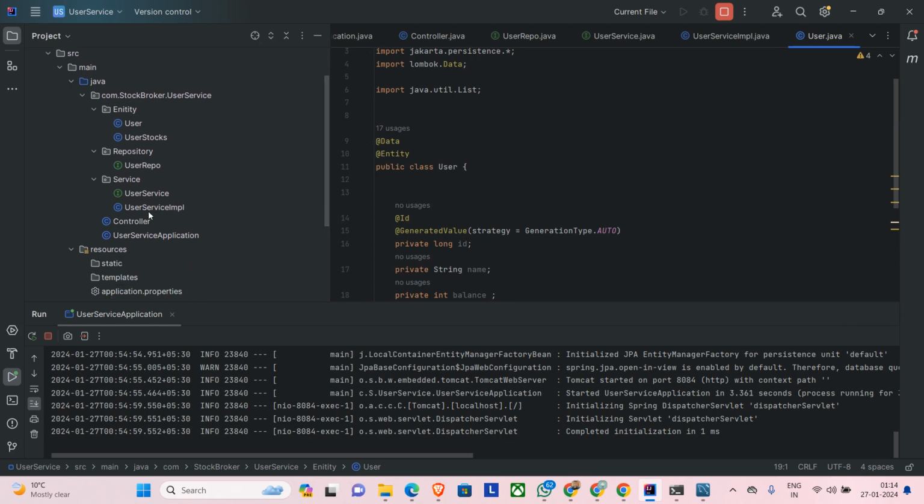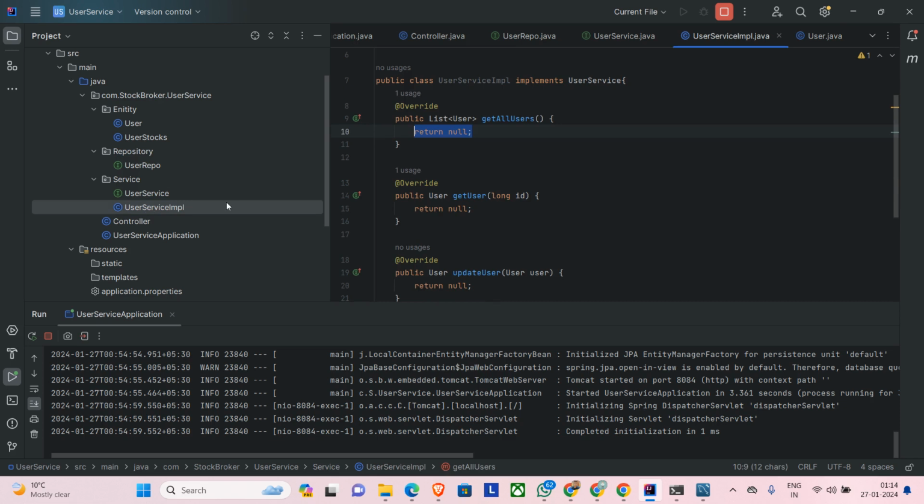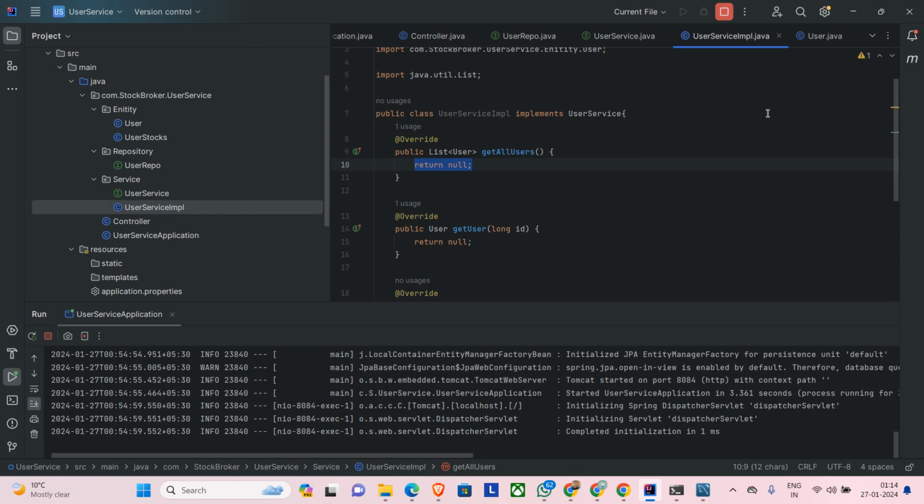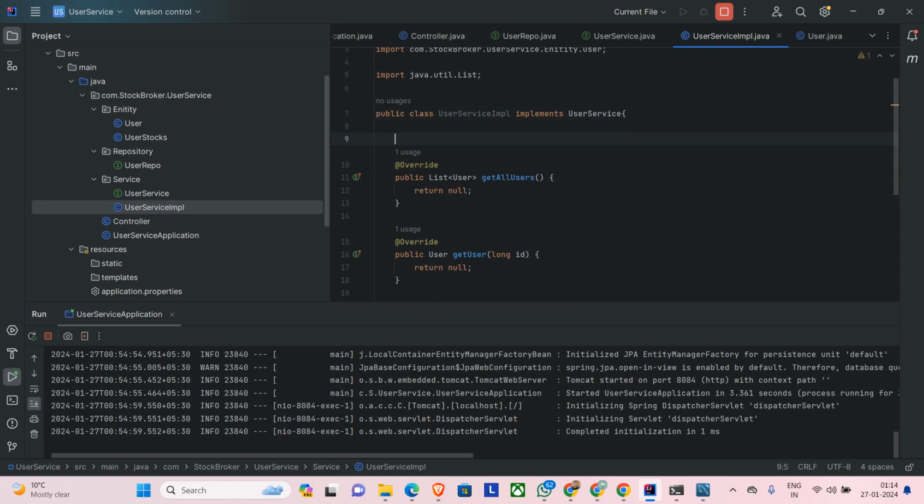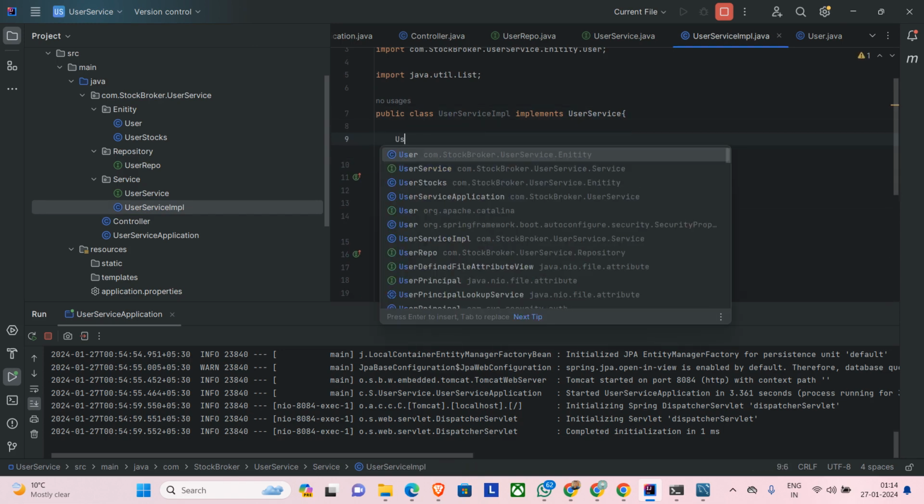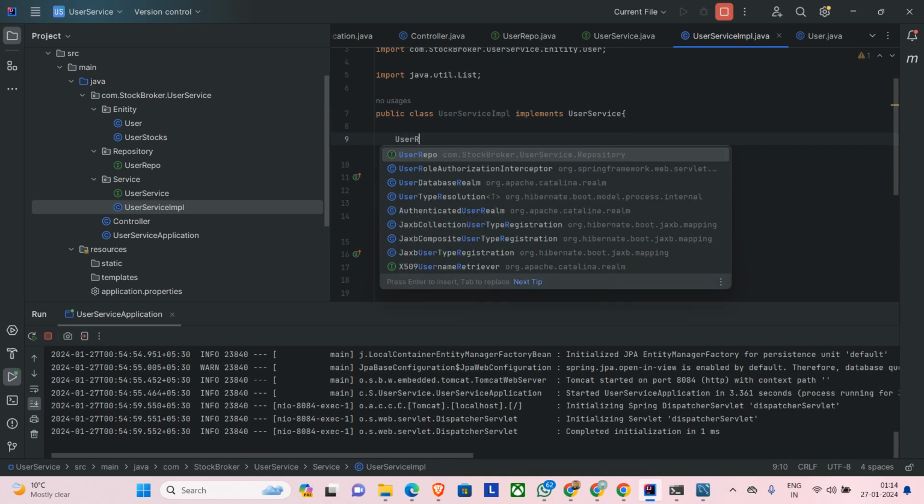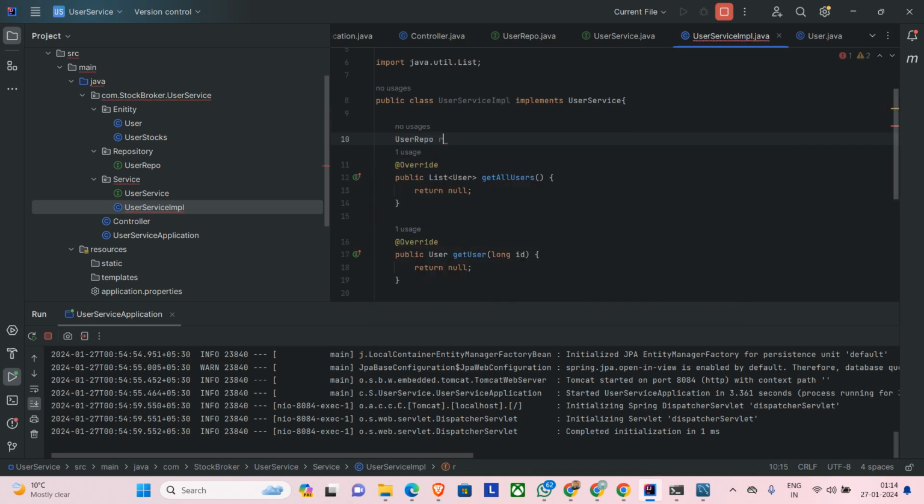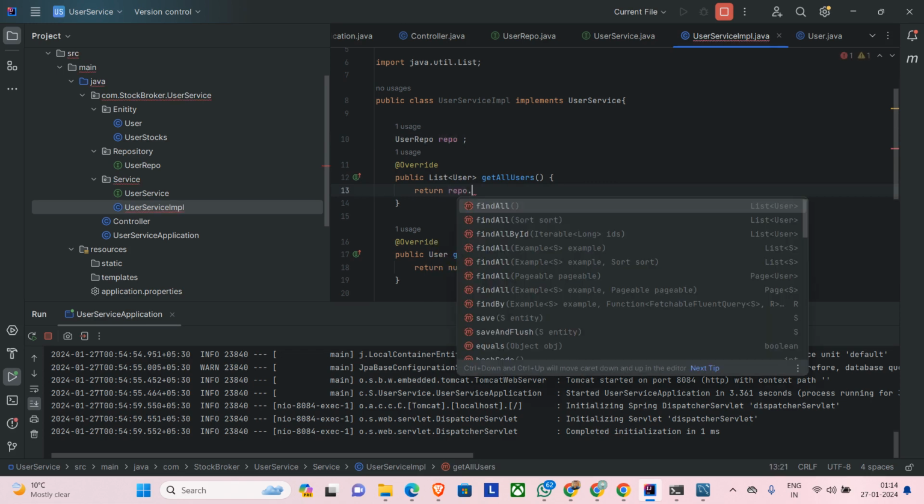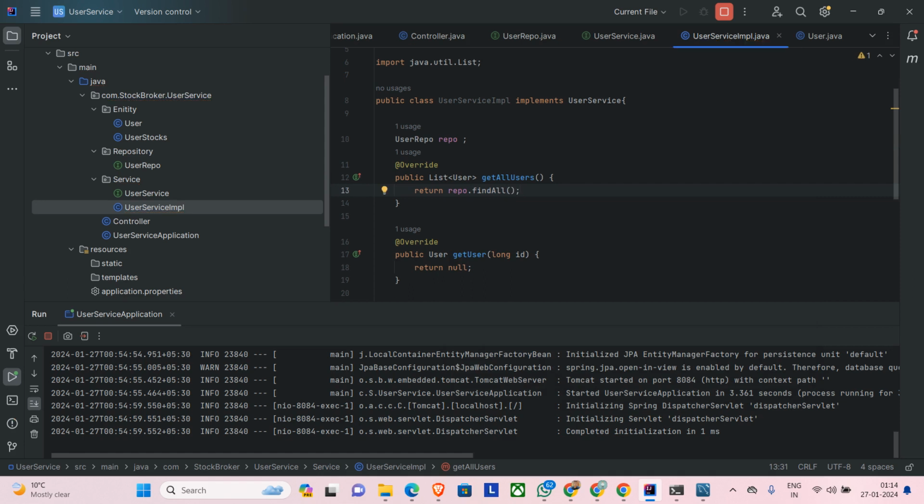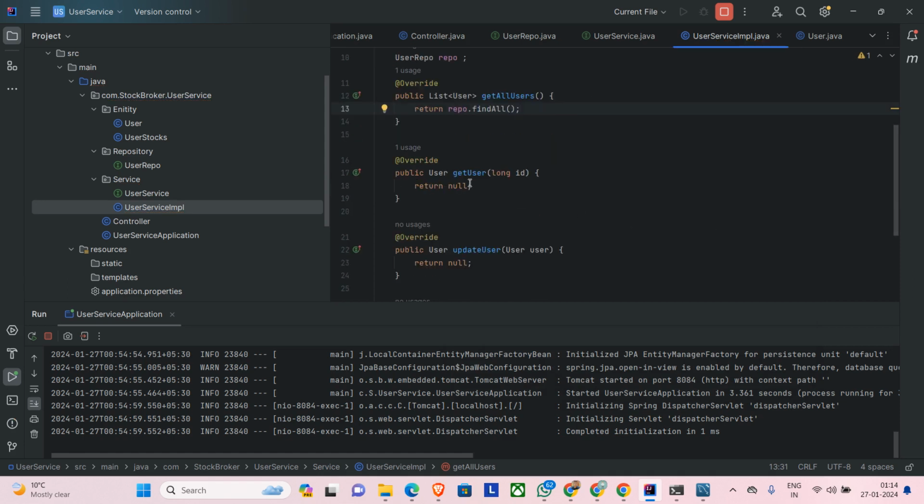What am I missing? Yes, service implementation. I'll call my repository over here. I'll use user repo, and I'll return repo dot find all. So we already have a function called find all. As I said, you don't have to do a lot of things over here. And we also have find